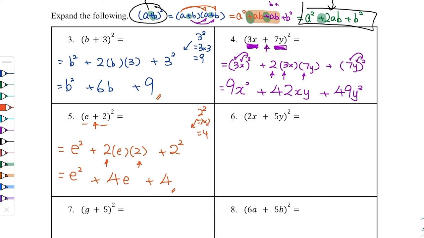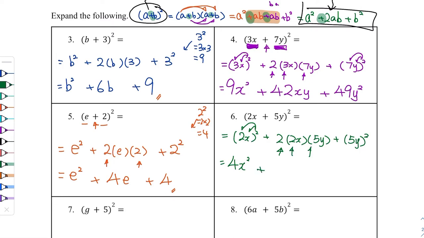Again, it will be a square plus 2ab plus b square, and that square is given to everything inside. So 2 square means 2 times 2. 2 times 2 is 4, and the other things, 2 times 2 times 5 is 20, so 20xy. And here again it's given to here and here, so 5 square means 5 times 5, which